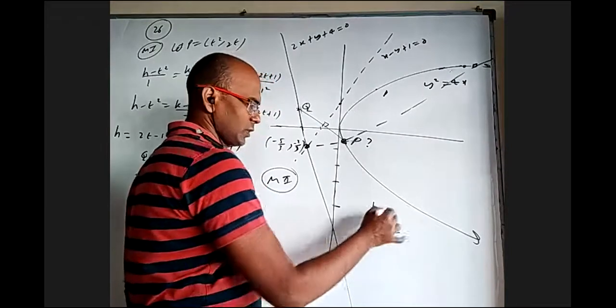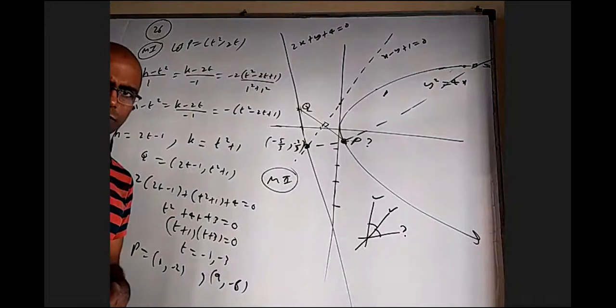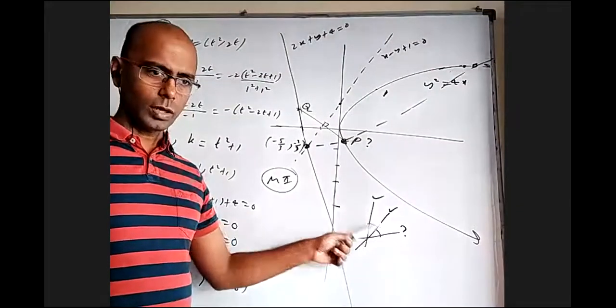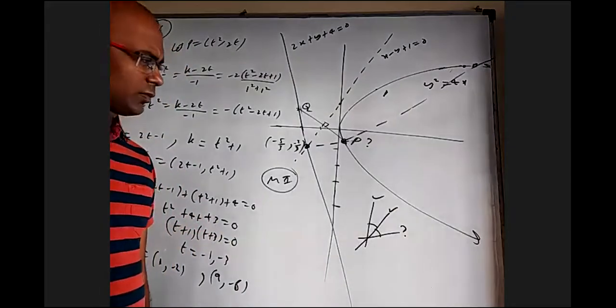These two angles are equal. This is given. This is given. How to find this line? Anybody want to give any idea? Mirror line is given. Object line is given. I want to find the image line. How to find? So that is the bisector of those two.